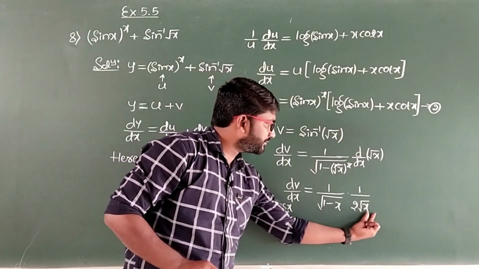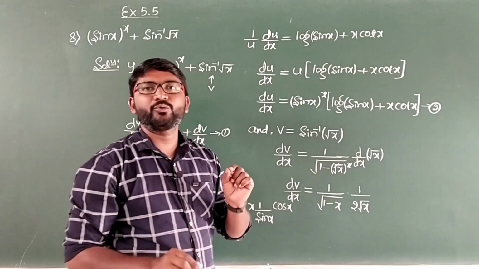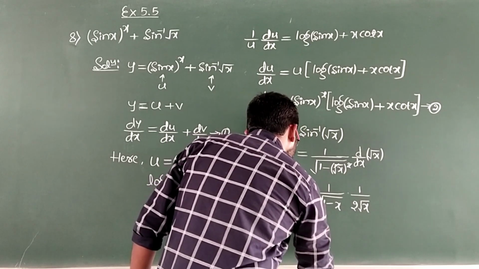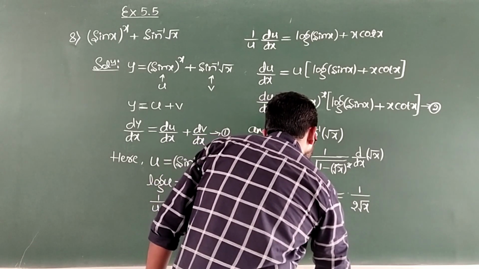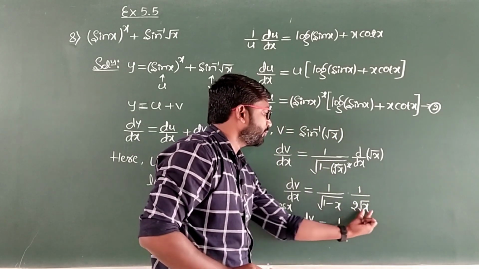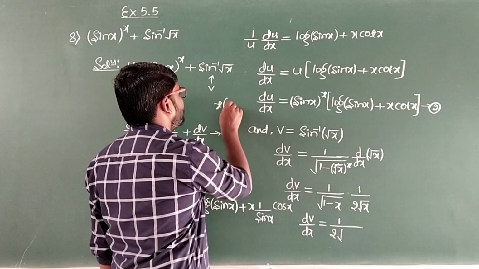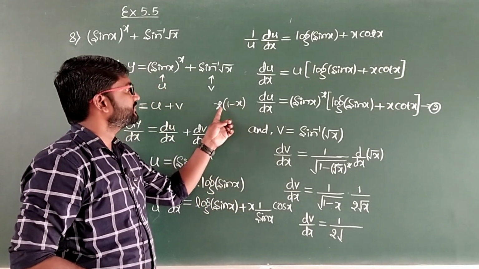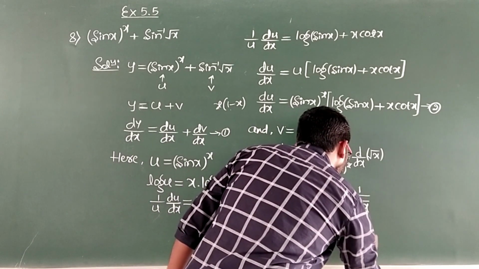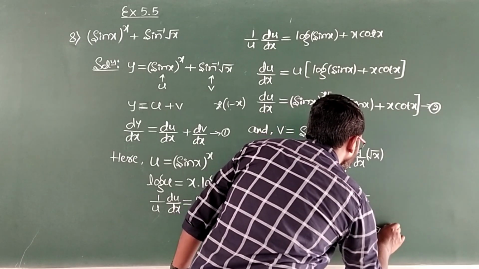Now observe these two terms. Leave 2, because 1 by 2 is a constant. Now these two are in the form of root a into root b. Root a into root b is nothing but root ab. So overall we get dv by dx, which is equal to 1 by 2. I will be writing it as it is, 1 divided by 2, and root a into root b becomes root ab. These two will be multiplied now, x into 1 minus x. Now multiply x with these two terms, x minus x square. So we get x minus x square. I call this equation number 3.